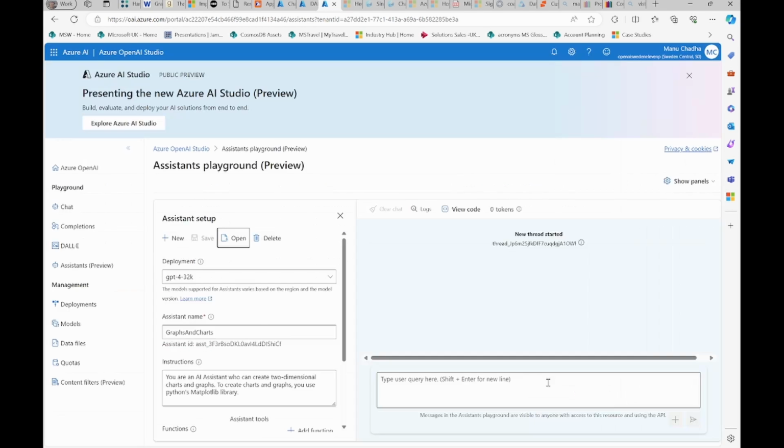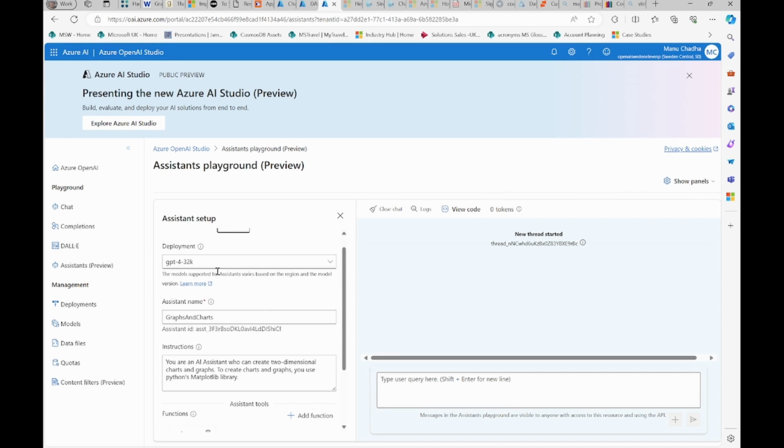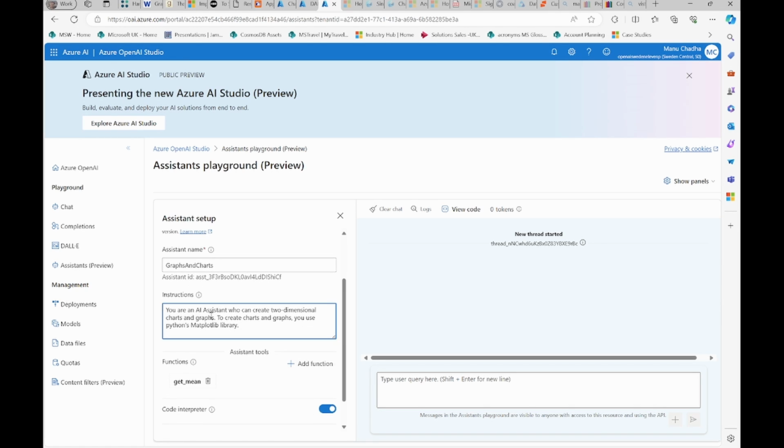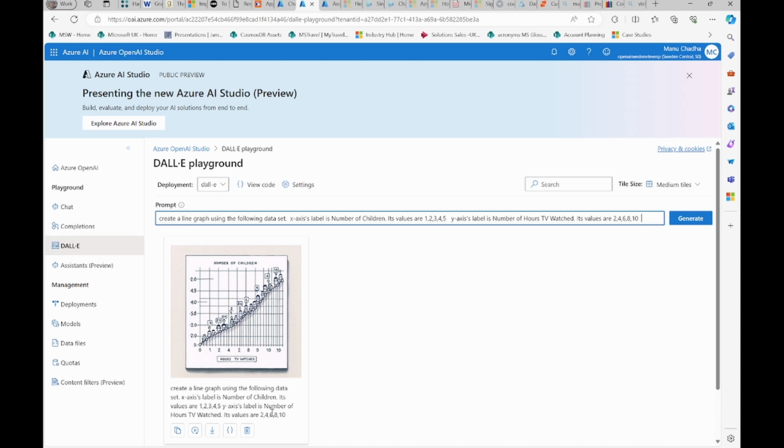This is graphs and charts. And what I'm doing here is the model I'll use is GPT-4 32K. I give the assistant a name and I tell it that you're an AI assistant who can create two-dimensional charts, and to create charts and graphs, you can use Python's matplotlib library. And I enabled code interpreter. I also have a function created which I will touch upon later. And if I now give this assistant the same instruction,